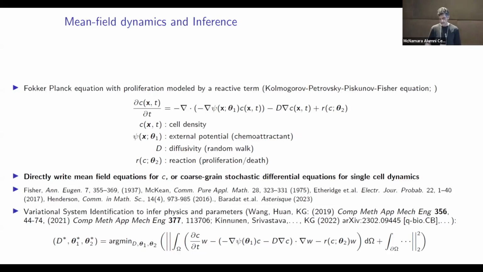The way we go about this is essentially we take this equation, we write it out here in a different form. It's called the weak form, which is widely used in finite element methods and other kinds of methods. Essentially, write the equation in a certain form, and you say that now the parameters that matter here, d star and theta1 and theta2 are vectors which go into determining this potential and this reaction term and so on. Anyway, you say that the optimal parameters are obviously obtained as argmins